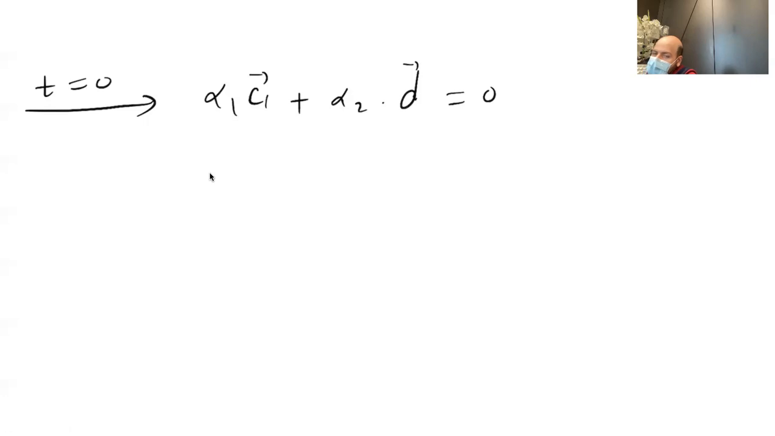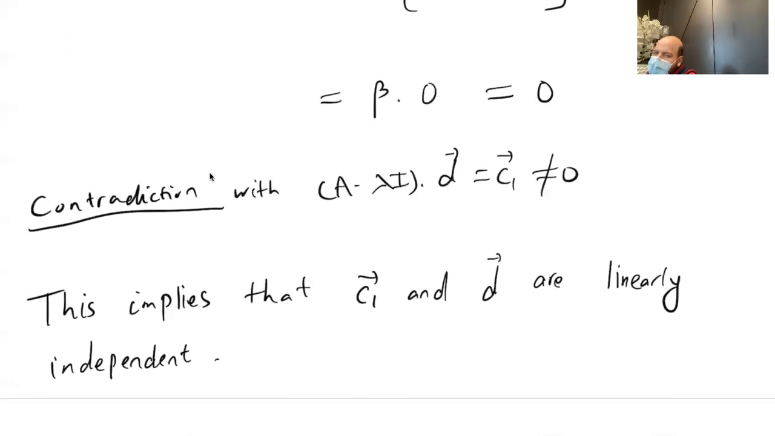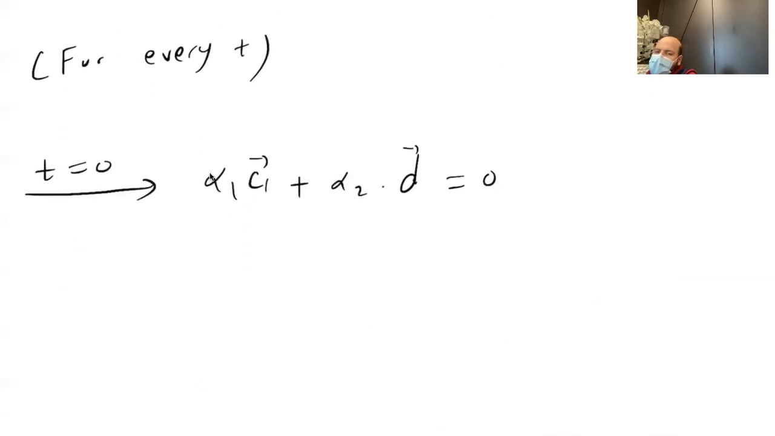Now here C1 and C2 are linearly independent. We just showed that a few minutes ago. So therefore, if alpha 1 C plus alpha 2 D is 0, then both alpha 1 and alpha 2 must be 0. This is the definition of linear independence: if some linear combination is 0, then every coefficient must be 0. So here C1 and D